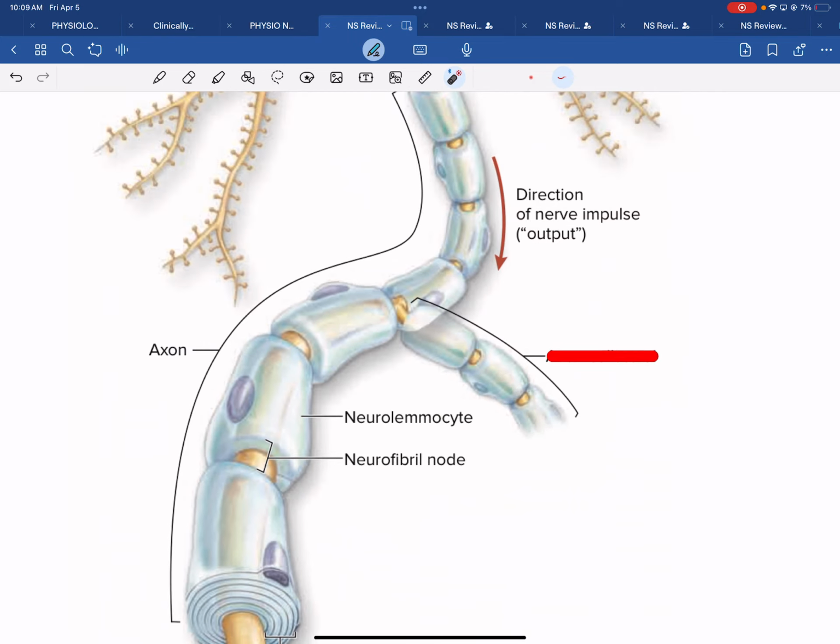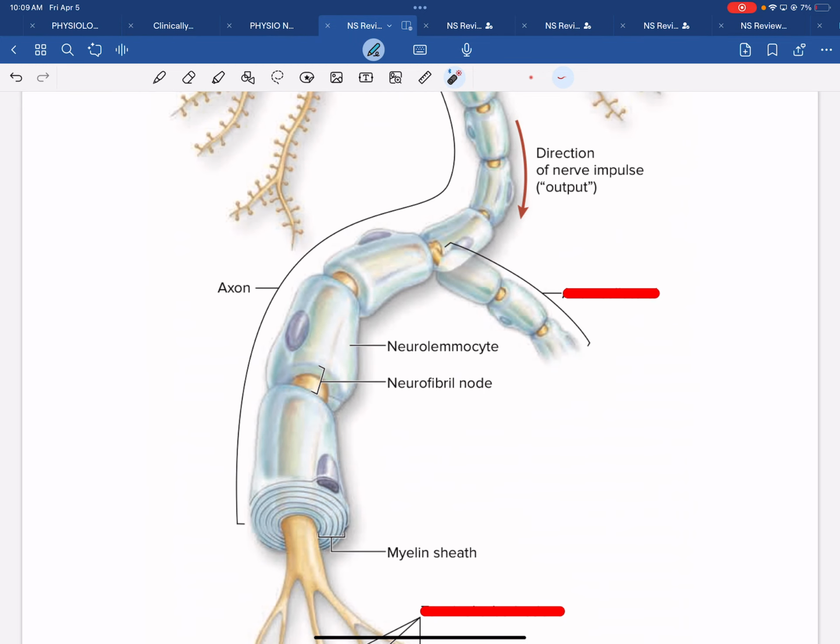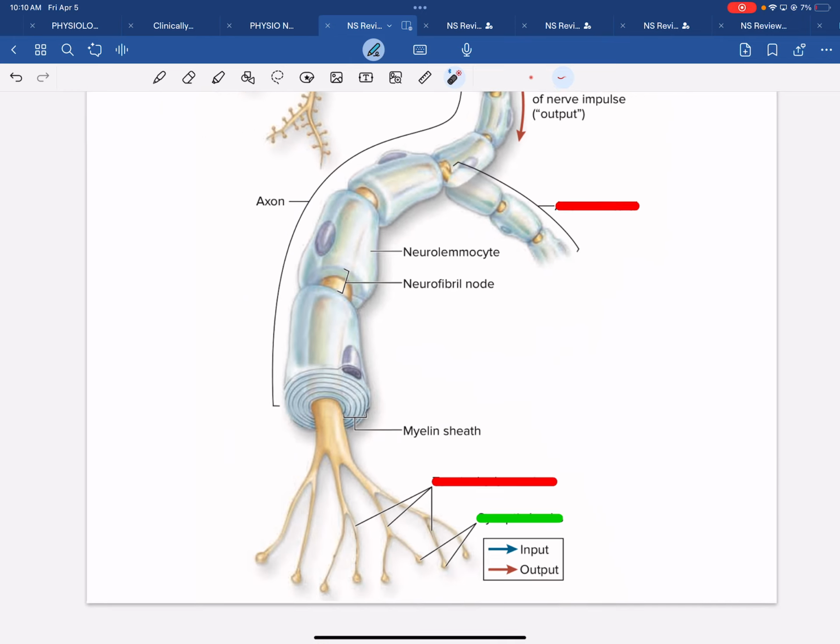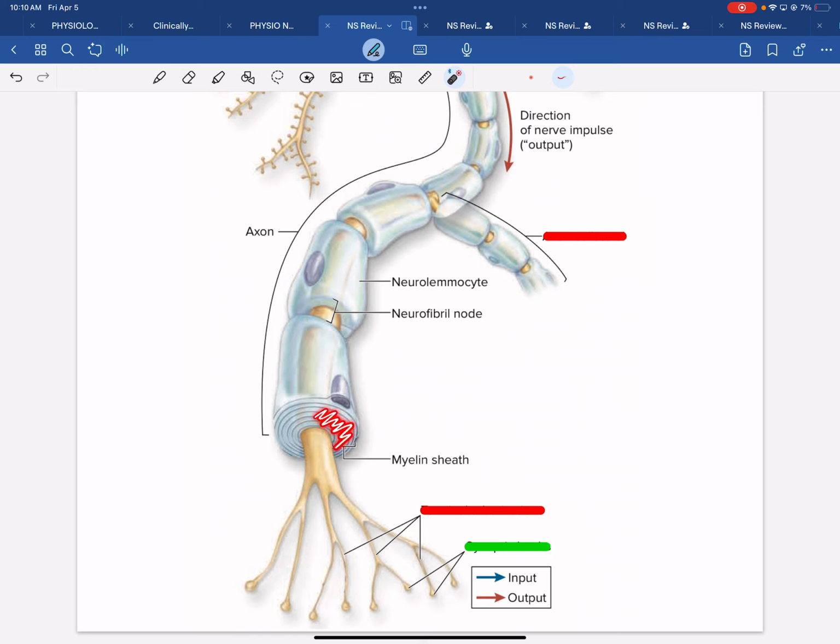All right. What's the function of the neurolemmocyte? To basically wrap around the axon to create this myelin sheath made out of phospholipid bilayer. Exactly. So to create the myelin sheath, which helps the action potential by insulating it. So it goes faster because it's electrically insulated. Yep, good. And that's the same function for the myelin sheath, to electrically insulate the axon,